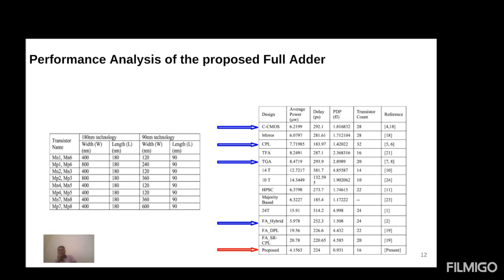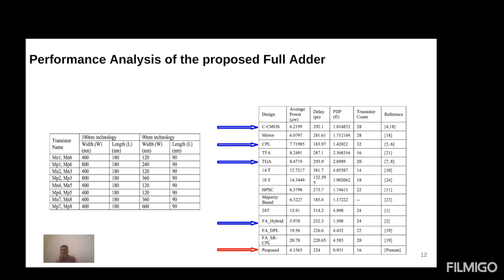The performance parameters we have discussed are the average power consumed by the proposed full adder circuit, the delay of the circuit, the PDP, meaning power delay product, and the total transistor count in this design strategy. We compared this proposed full adder with previous design strategies, referring to previously published papers. We can clearly see from this comparison table that the proposed full adder circuit outperforms the previous works,